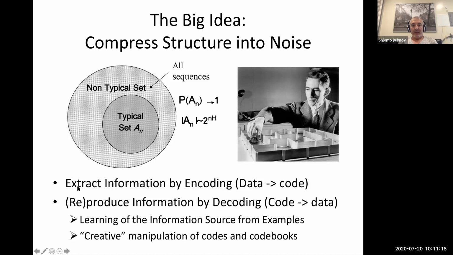So you can extract information by encoding. You take your data, turn it into some kind of code, either compression code or latent code, and then you can reproduce the information by sampling or reconstructing the code in interesting ways.